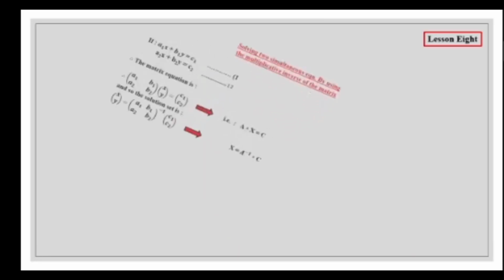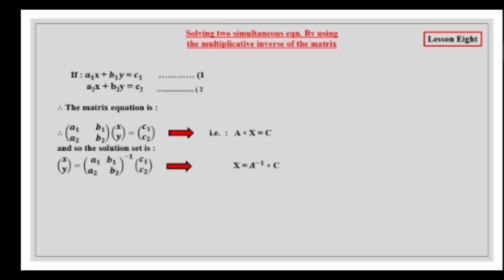Let the two equations be a1x plus b1y equals c1 and a2x plus b2y equals c2. Therefore, the matrix equation will be